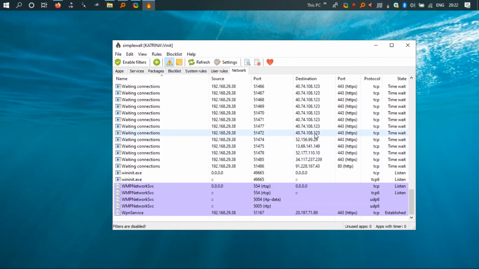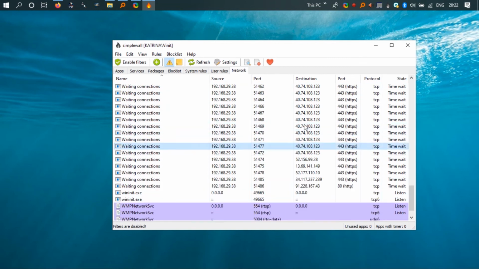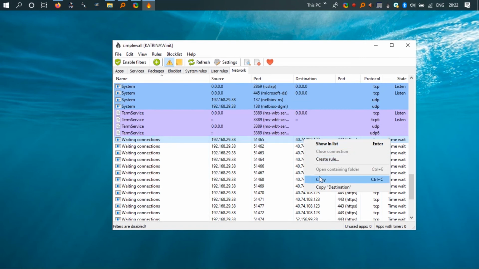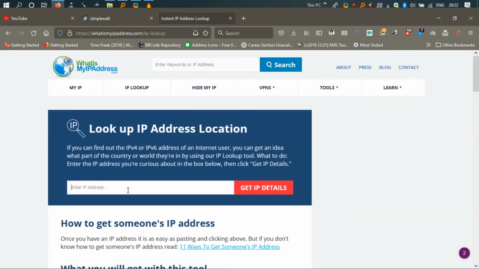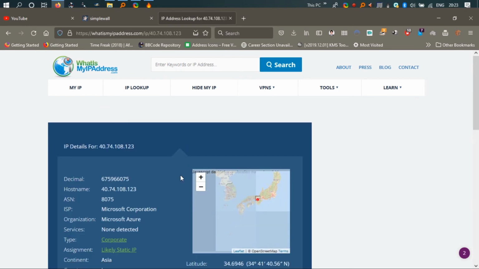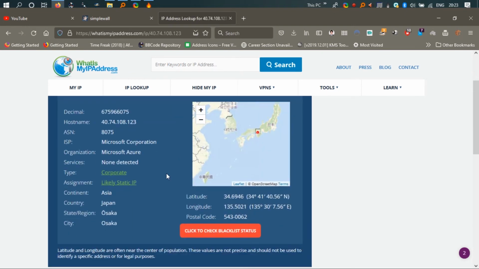I can simply copy the destination, go to IP lookup and look up the location of this IP. Okay, so this is Microsoft. Microsoft is stealing my data. Windows sends a lot and lot of data to Microsoft.